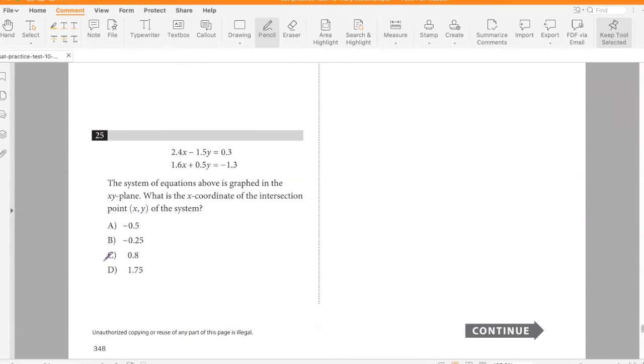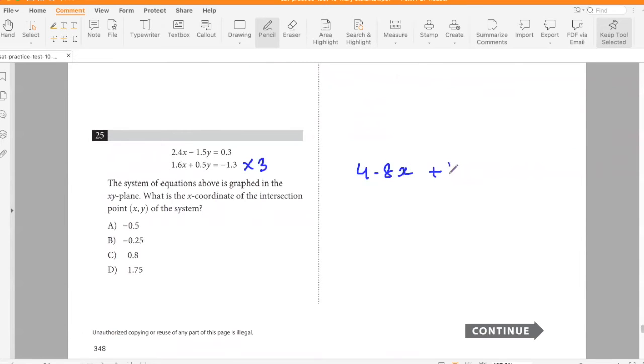The system of equations above is graphed in the xy plane. What is the x coordinate of the intersection point of this system? Okay, so we need to find the x coordinate. So let's eliminate y. So I'll multiply this equation by 3. So I will get